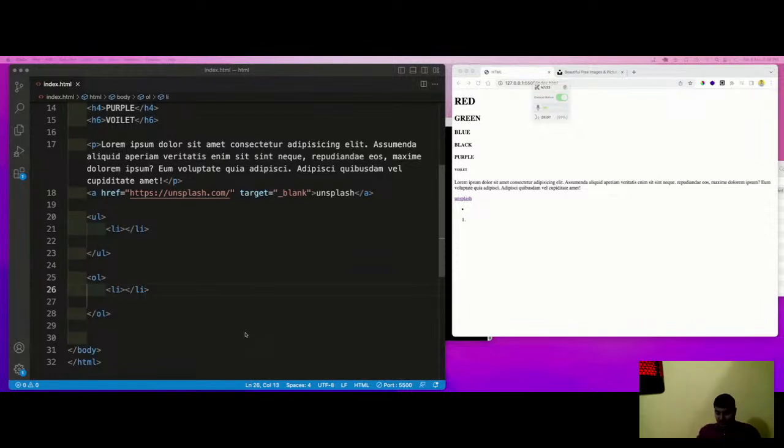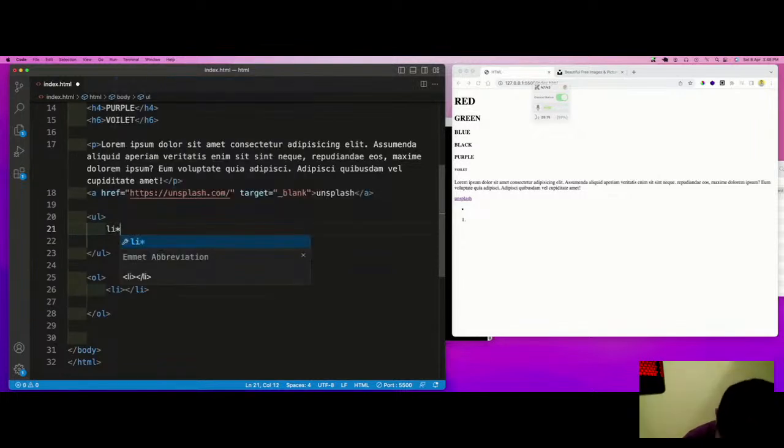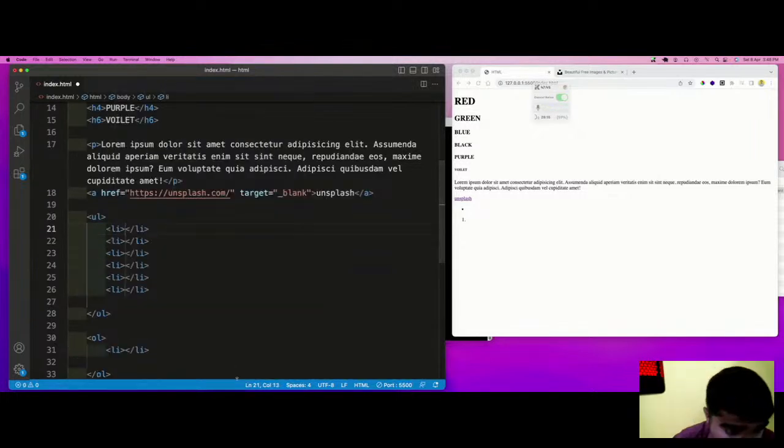So if you see this particular thing here, let us check out. Let us have some more LIs. So we have Li into 6. So we have 6 Li. Similarly, let us check out this.